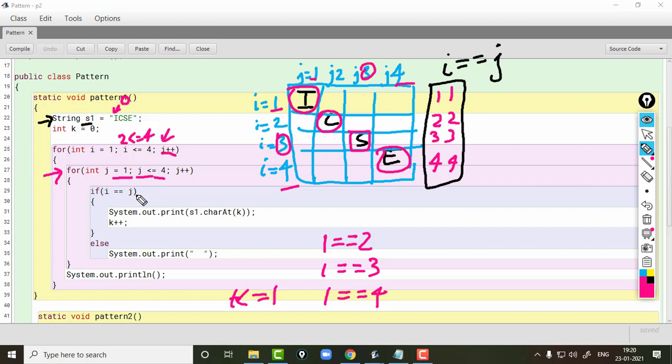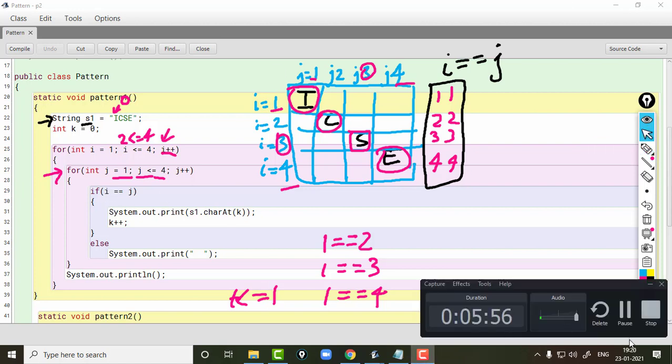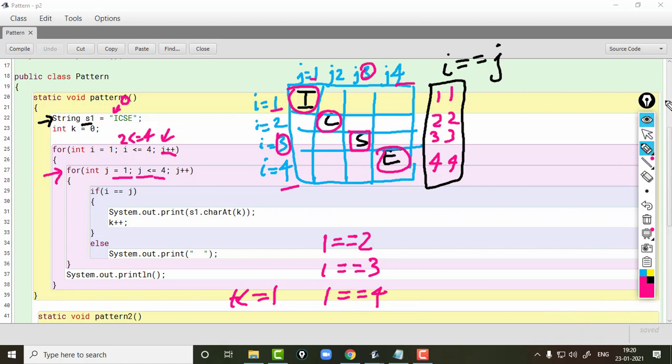I forgot to mention one thing: when the condition I equals J is false, that means for these 3 cases a space was printed here.